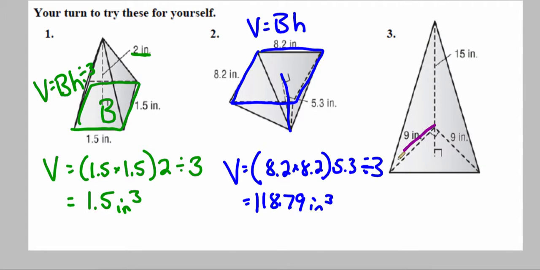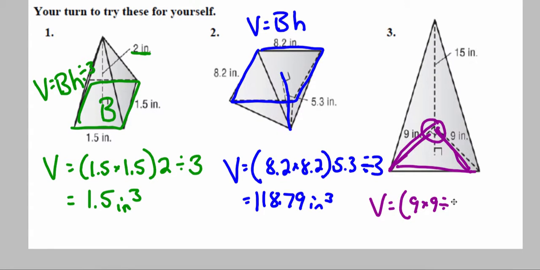Last one, my base is a triangle. Remember, you need your base and your height, the two measurements that meet at a right angle. So I do 9 times 9, but it's a triangle, so I divide by 2. Then I multiply times my height, which is my 15, and divide it by 3. So 9 times 9 divided by 2 for my triangular base, times my height of 15 divided by 3, and